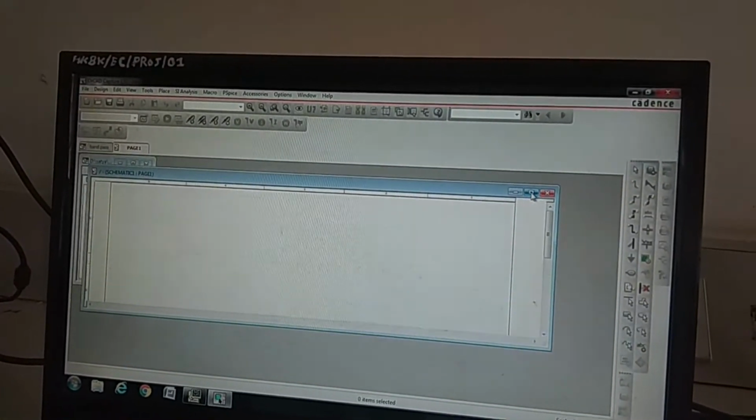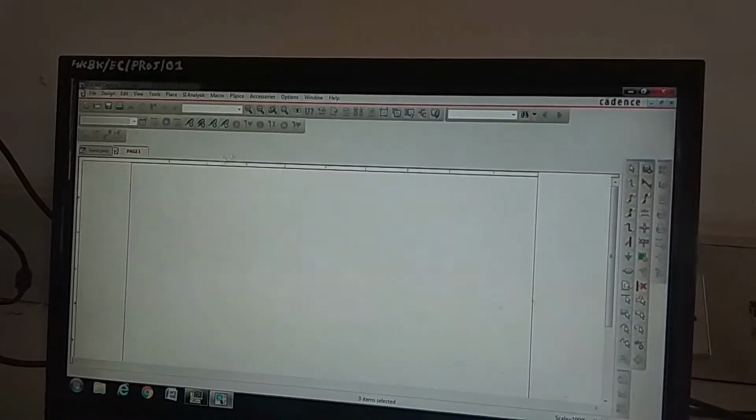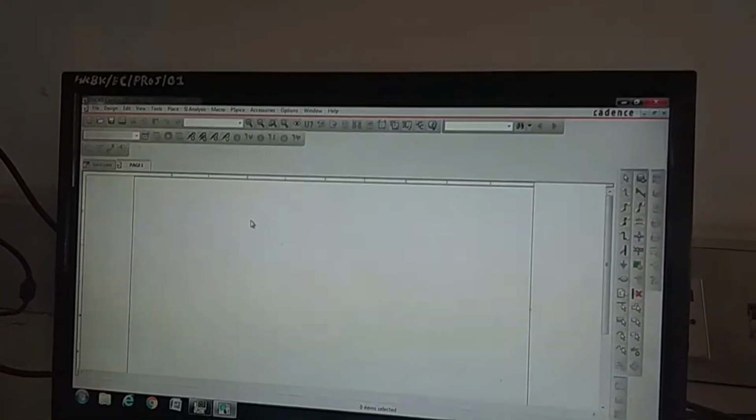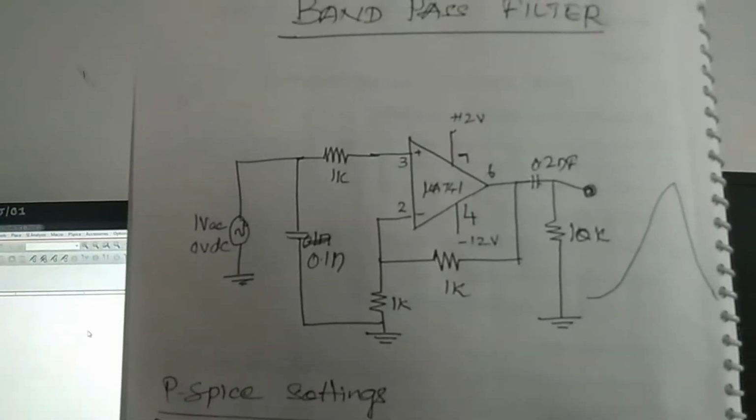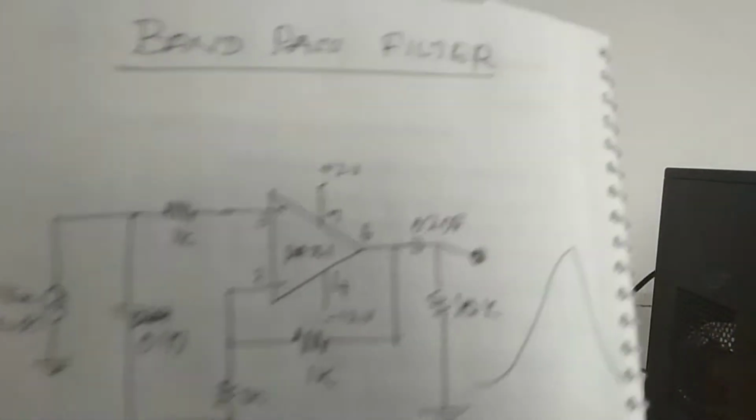New simulation window will be open. This is the circuit for the bandpass filter using op-amp. We require op-amp new A741.